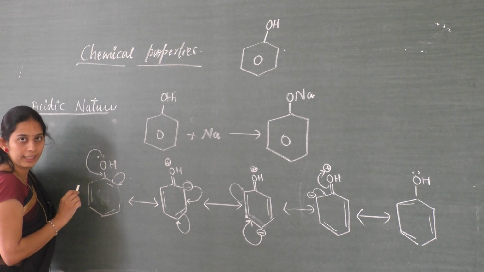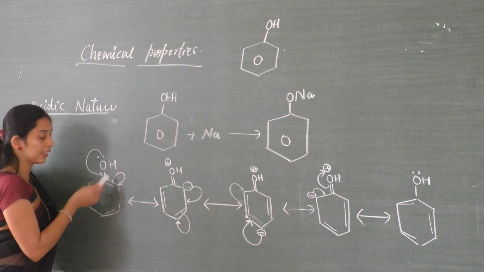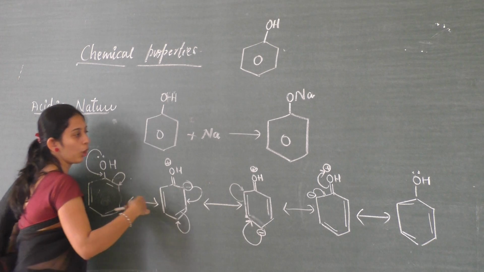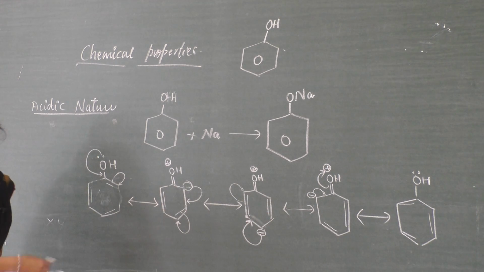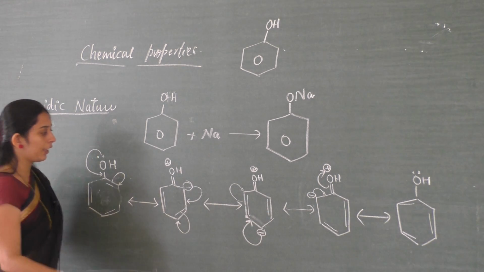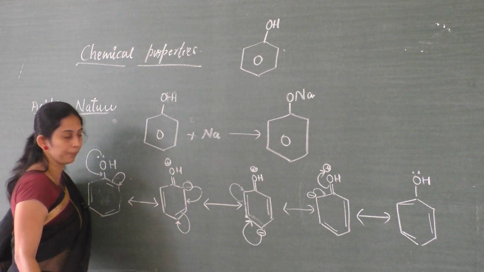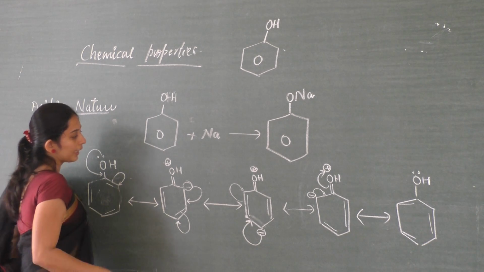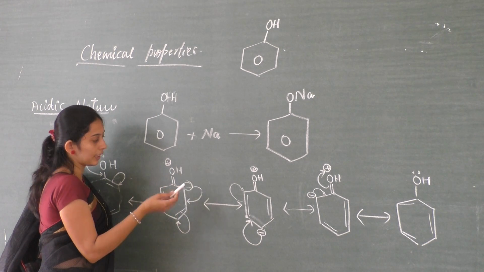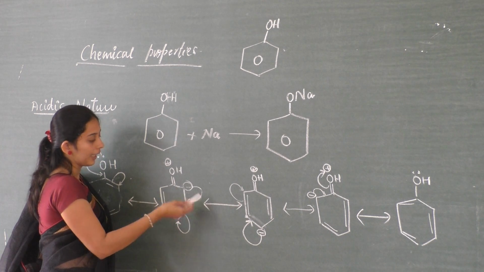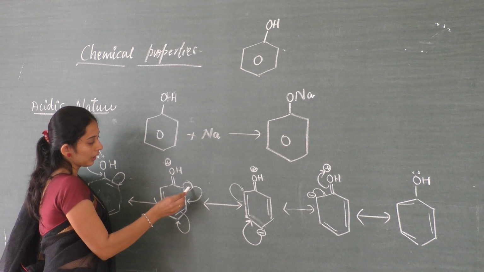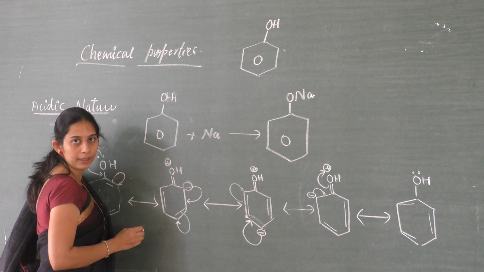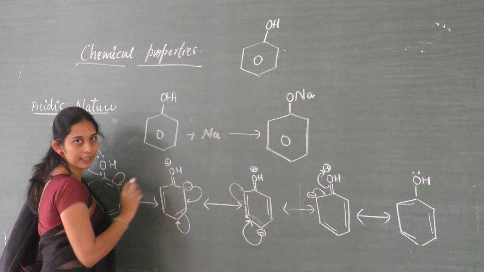Because of the polar nature, in the sense of difference in the charge. One is negatively charged, another one is a positive charge. If you observe all the canonical structures or all the resonance structures, we can observe there are two charges here. One is a negative charge, another one is positively charged. So there is a charge separation, or we say this charge distribution is present. So this negative charge is distributed all over this benzene ring. So charge separation is there.